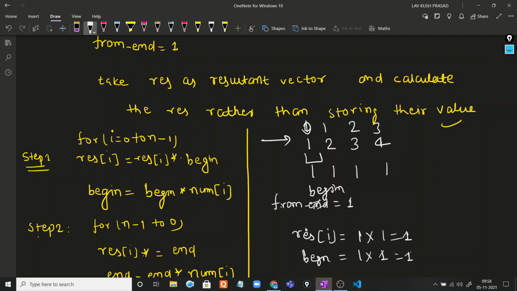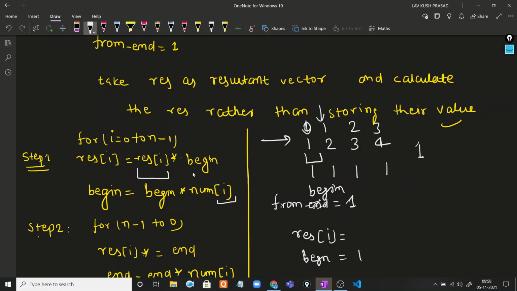So at the 0th index our resultant vector stores 1, and current begin is 1. Similarly for index 1: begin is now 1, the current element is 2, so resultant is resultant into begin, which is 1 into 1.